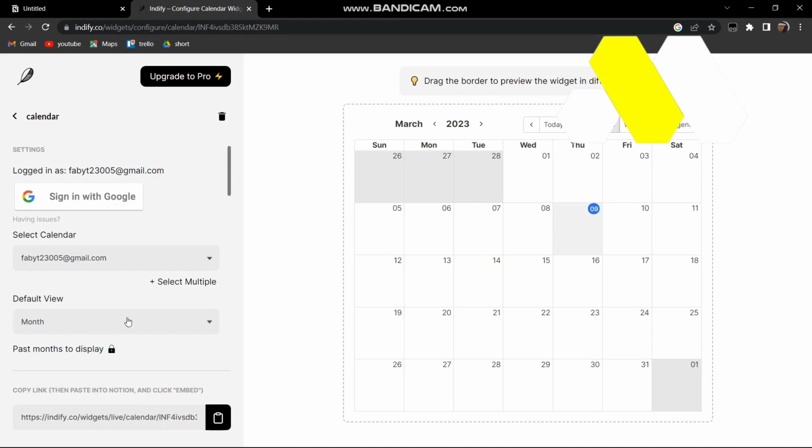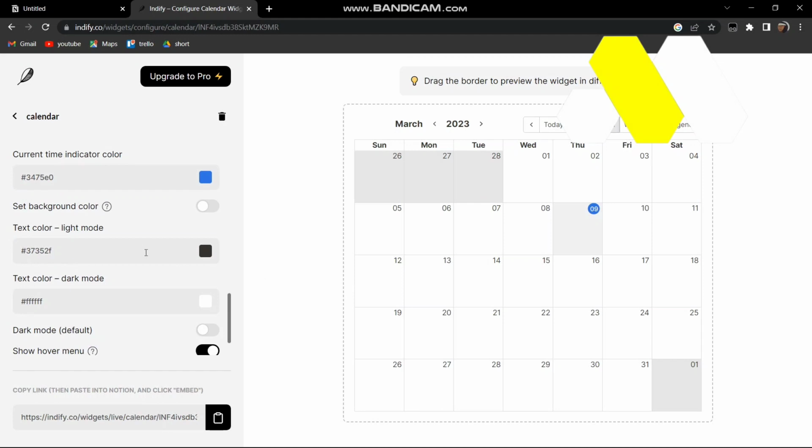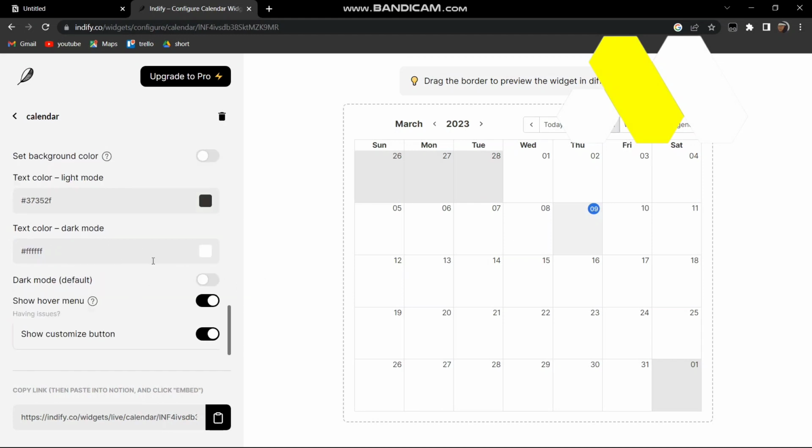Now, if you scroll down, you can see it. You can change any of the colors and customize it however you want to. For now, I'm just going to copy the link from here and it says copy to clipboard, and I'll head